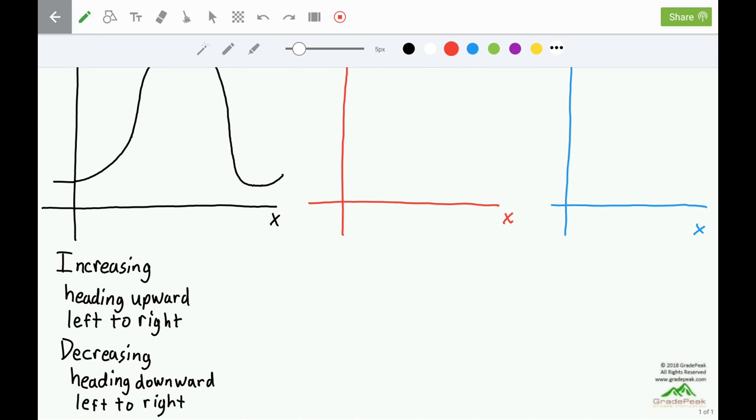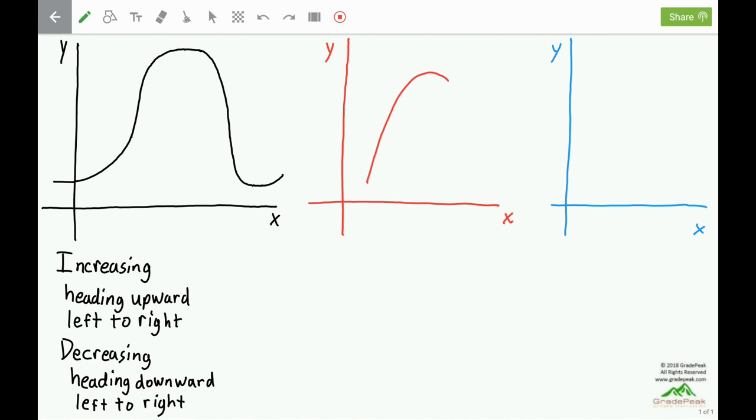I'm going to go to the red axis, and I'm going to draw an example of a curve on the red axis. And let's give an x-coordinate to a point that's on the curve. Its corresponding y-coordinate will be the function evaluated at that x-coordinate, so that'll be f of x. And let's give a second x-coordinate to make it different from the first x-coordinate. Let's give it a value of x plus h, where h can be